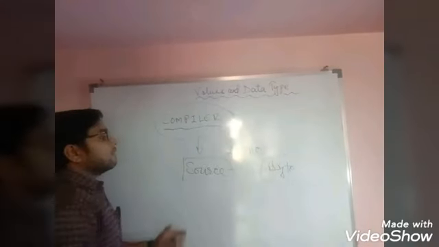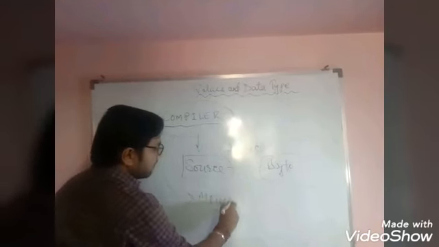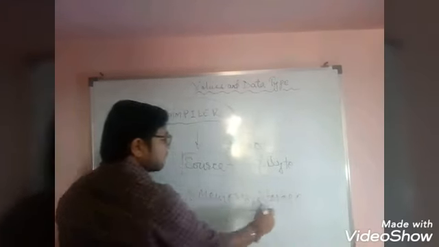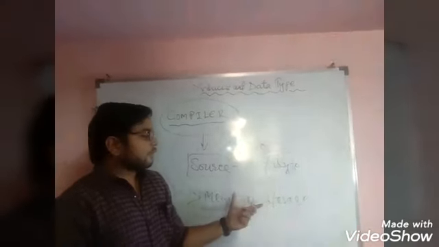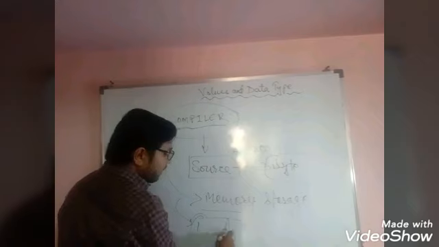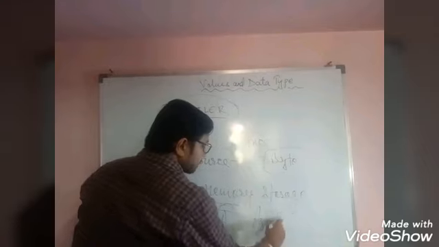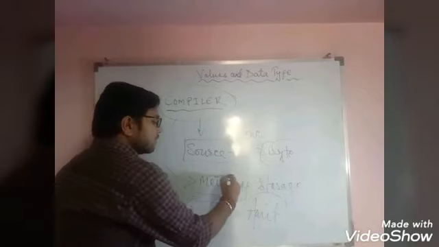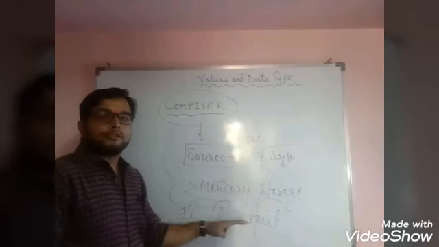So when we are going to use Java programming, the compiler has a memory storage. For this memory storage, the compiler has to know what type of data you have entered. Means if you are entering 1, then 1 is of which type. If you are entering A, then A is of which type. If you are entering a whole string, then this is of which type. So the compiler has to know because it has a memory storage area. If you are entering any data, then the compiler has to know which type of data you are entering.